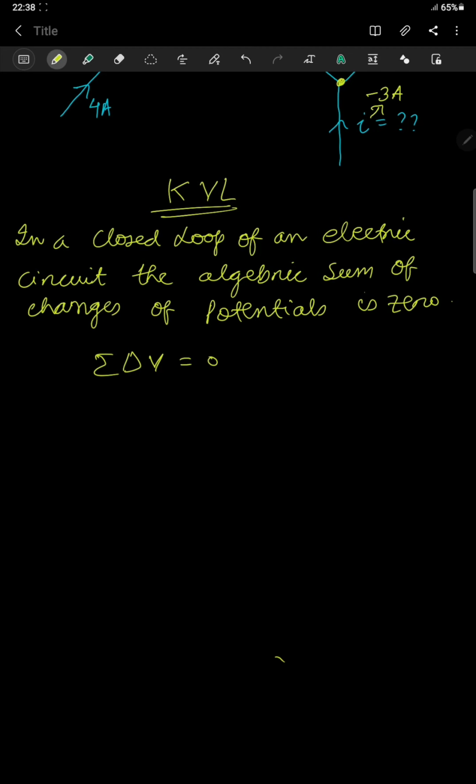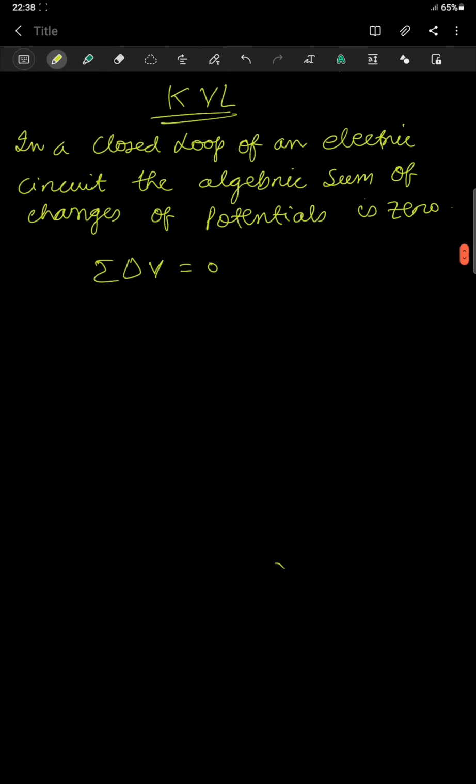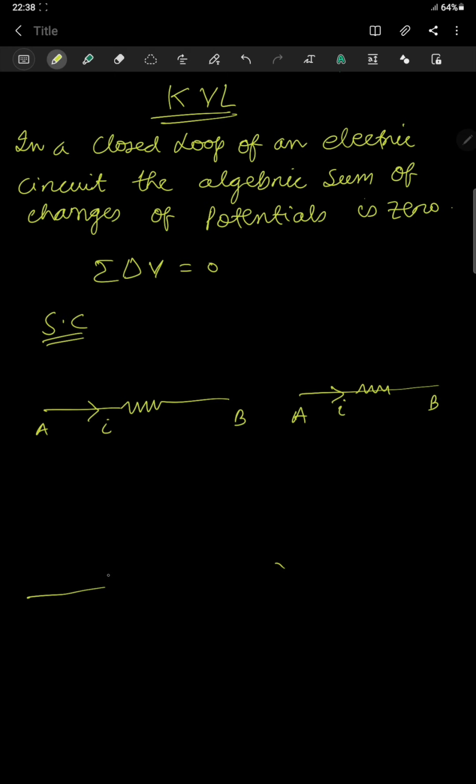Then what sign conventions are we using here? This is very important. Basically there will be a potential drop across two points. If in a circuit we have a resistance, then there will be a potential drop. So this is A, this is B, and in this circuit the current I is flowing. Then in another case, the current is flowing in this direction, again point A, point B. Now there will also be a potential in the cell. It is of this form, and the fourth sign convention will be in this form. So I have drawn all these possibilities.